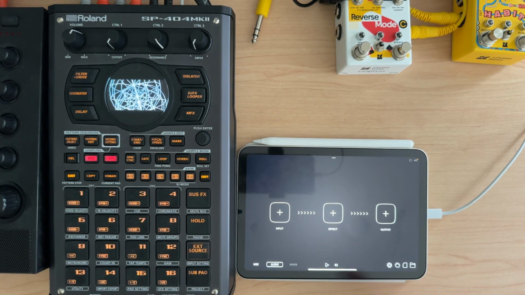If you've got AUM, you can use that as well. It is kind of nice because it has some VU meters, but for whatever reason, I just prefer Audiobus. It's a little bit simpler, cleaner look. Anyway,